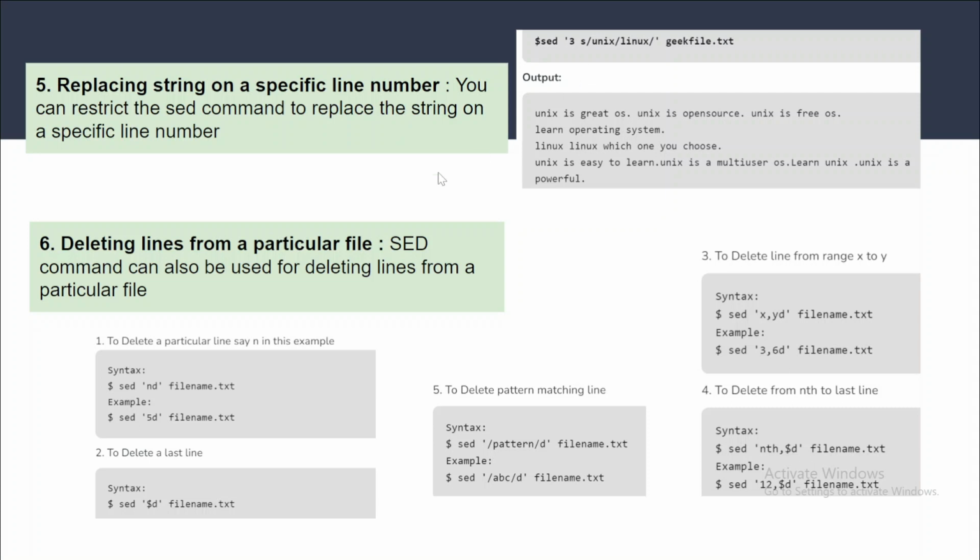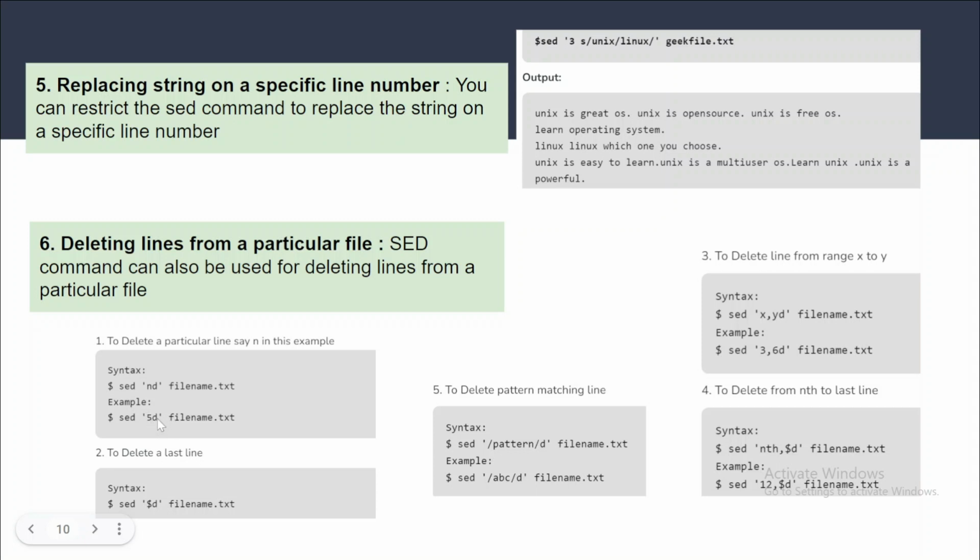Now there are many features to delete lines from a particular file. For example, this is the first syntax. Say you want to delete the third line: you can simply say 3D, where D represents deletion. If I want to delete the fifth line, you can simply say 5D.